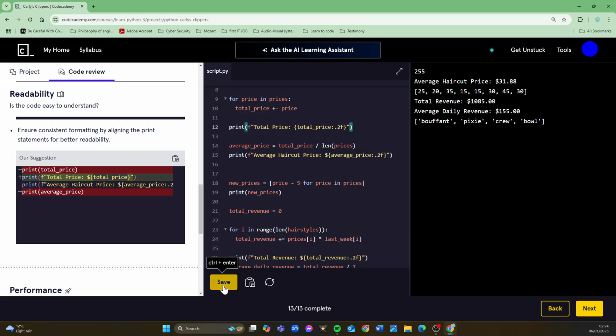Is that good? Yep. And don't forget the US dollar sign that you want to print.